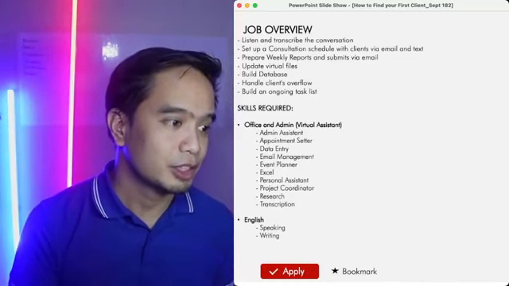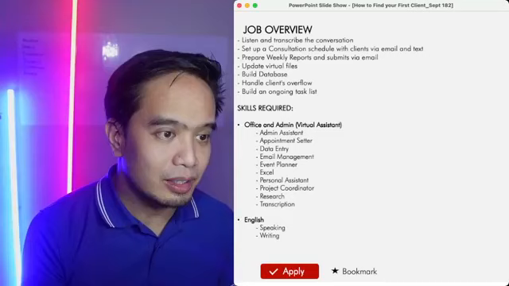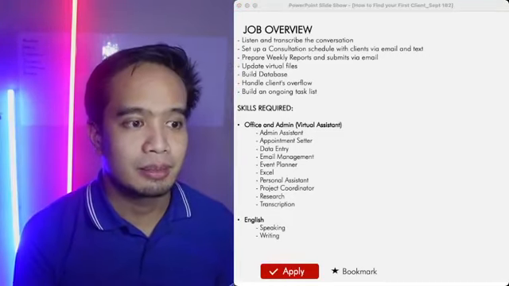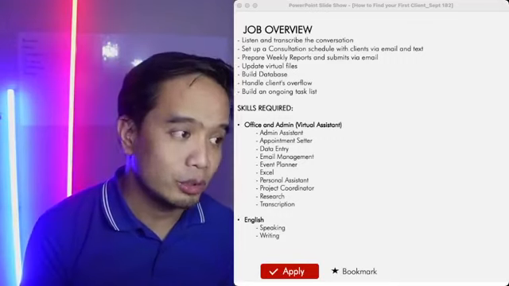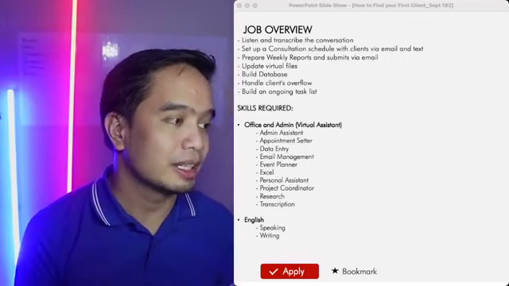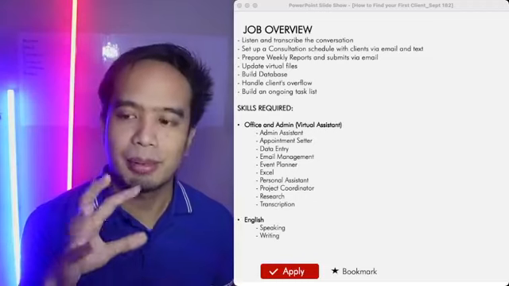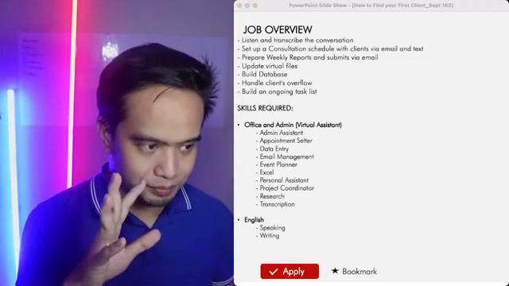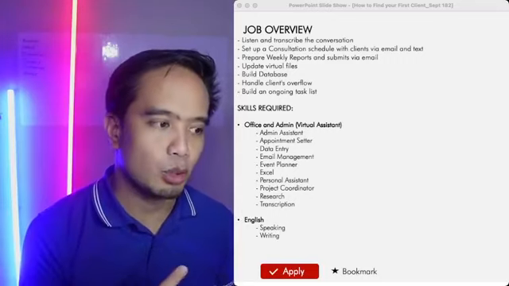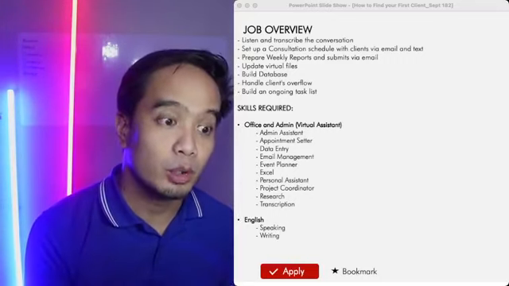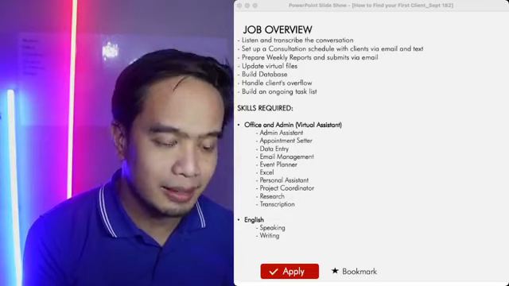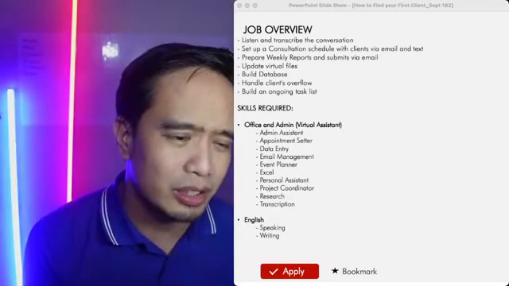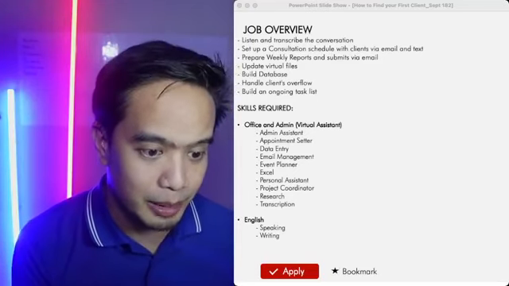Sige. So, like I said earlier, di ba? Every single cover letter that you write, every single time you write it, dapat personalized. Dapat it solves the problem. Dapat it doesn't focus on you. It focuses on what you can do for the client. Yes, cover letter is parang proposal din. Cover letter, application letter, yun ang parang other terms for it. Pero it's the same thing.